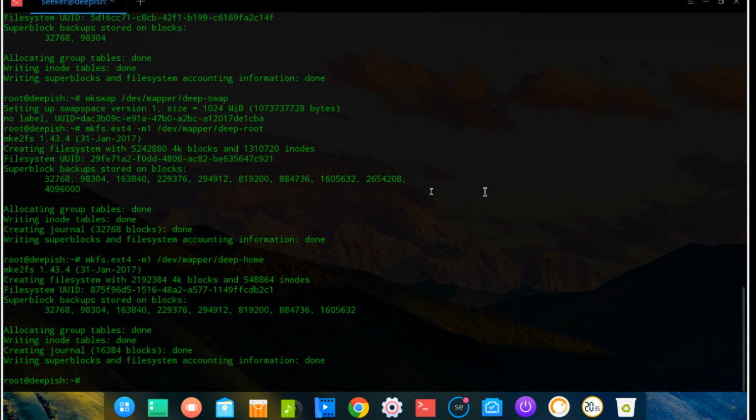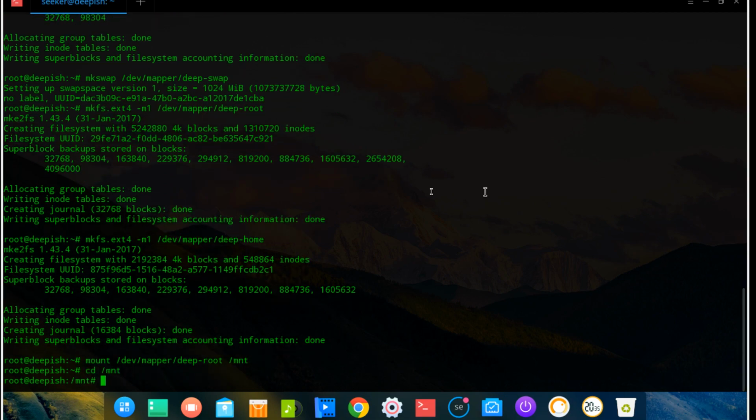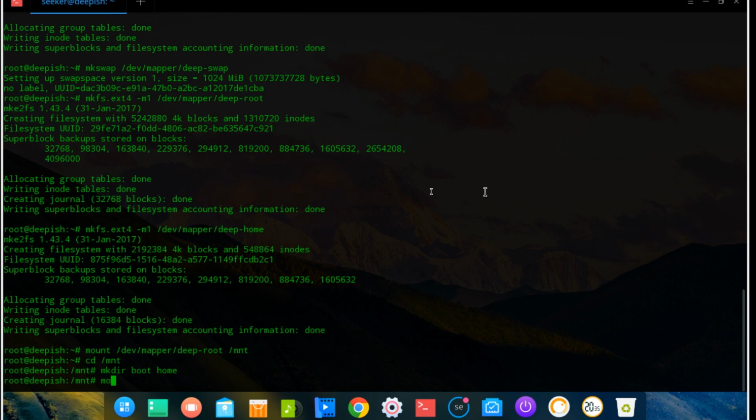And it is created. Now we mount everything under /mnt. Mount the root partition first, /dev/mapper/deep-root under /mnt. cd to /mnt and create the boot and home directories. Now mount /dev/sda3, in my case, yours may vary, under